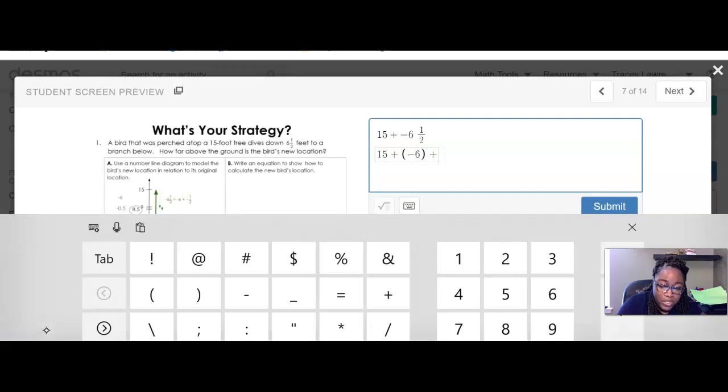plus, and remember, since the whole mixed number is negative, both parts of the mixed number are negative. So we're going to put in parentheses again, negative 6, space, 1/2, and then close parentheses. Okay, so remember that we can use the associative property to group the numbers that are easier for us to work with together. So we can go ahead and group